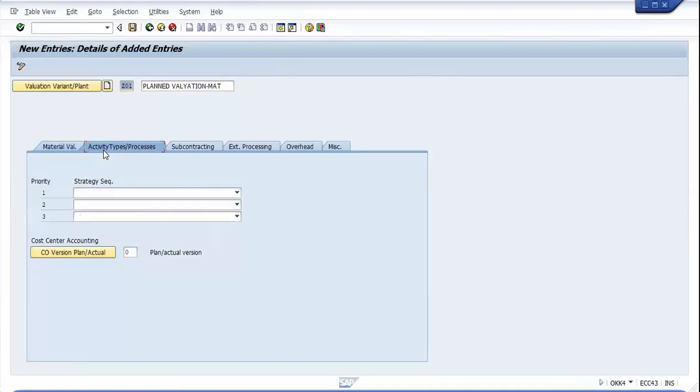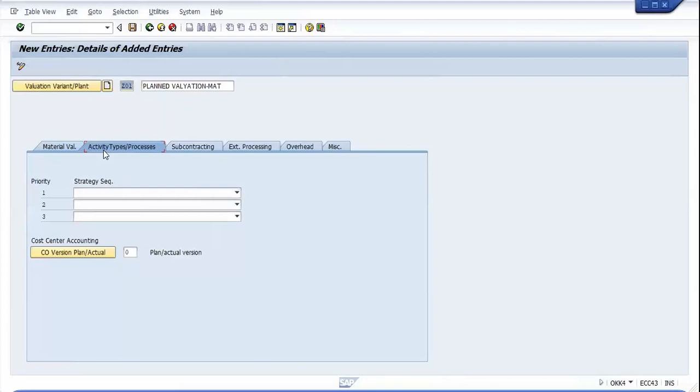Because when we do the costing to evaluate the utilized activity price, we can also specify here which plant or actual version is used.